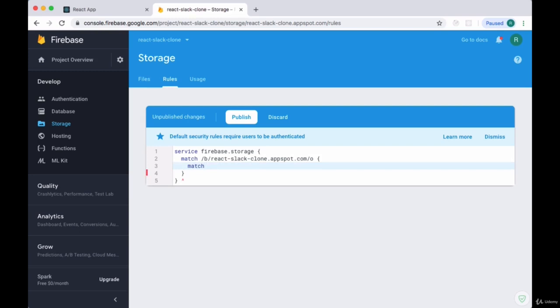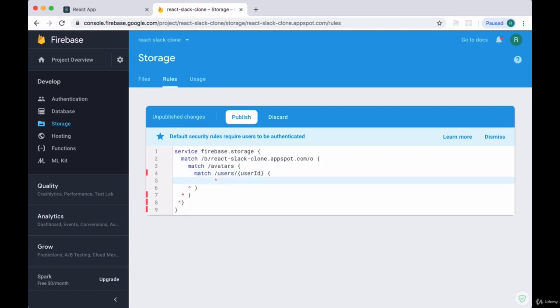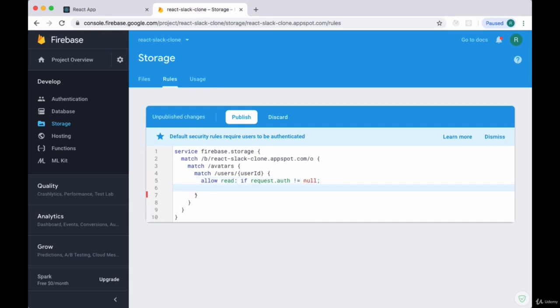So this match rule is going to match any new images that we're going to try to add to the avatars path within our storage, and we'll match a subpath of /users/{userId}, and we wrap userId in curly braces since we're going to use this as a variable. We're going to allow reads to images posted to our avatars path if request.auth is not equal to null, if we have an authorized user,